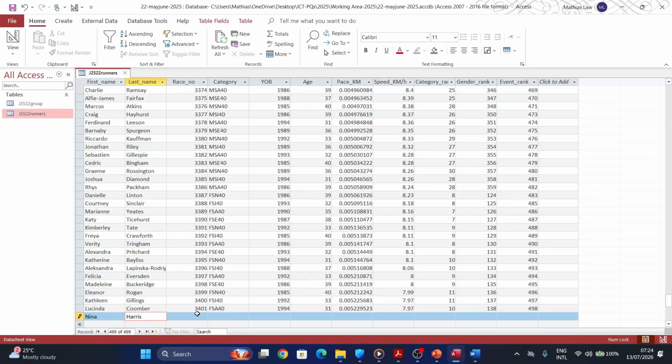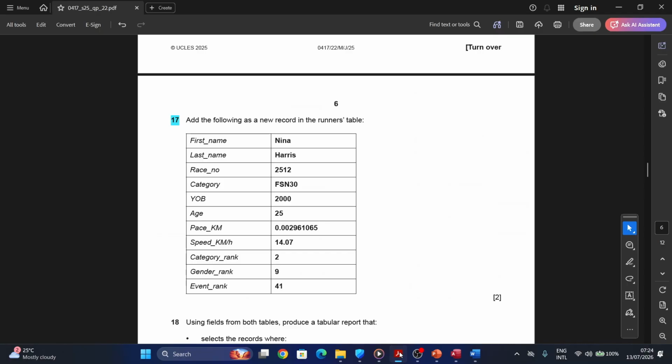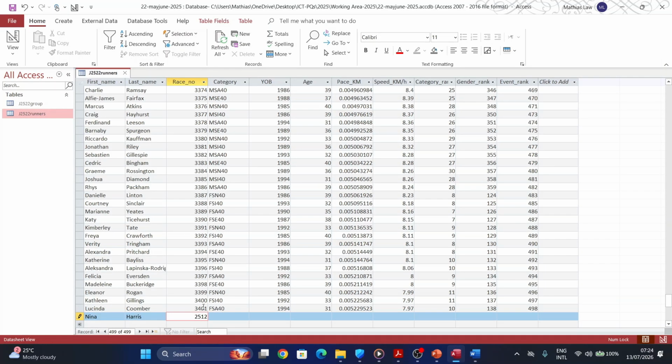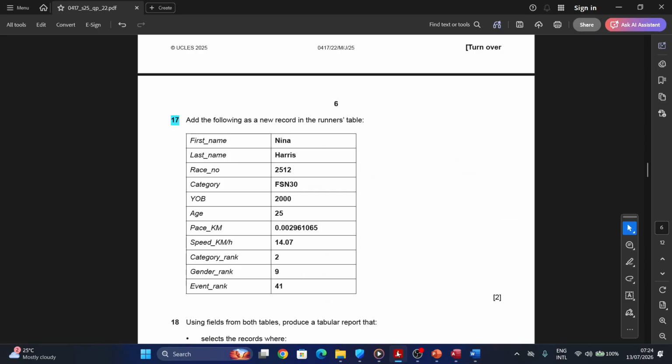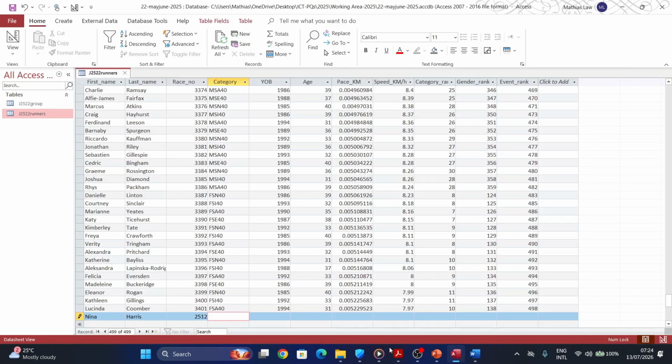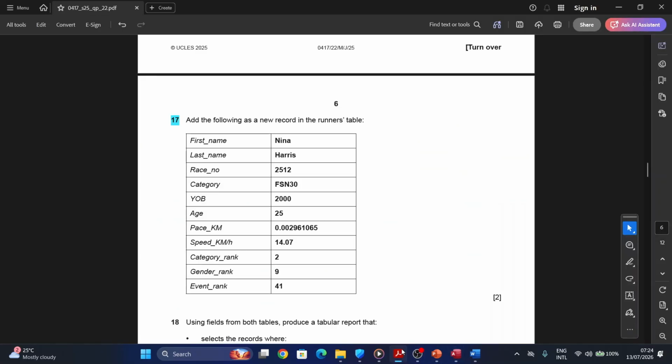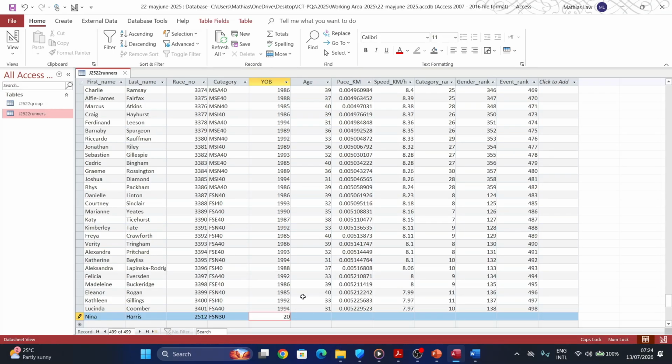And we go to the next one. So we have 2521. It is 1, 2. So you have to pay attention here. And then the next one here is FSN 30. They are in caps, so we're going to make sure everything is in caps. FSN 30. The tab key moves to the next field. Then we have 2000, and then 25,